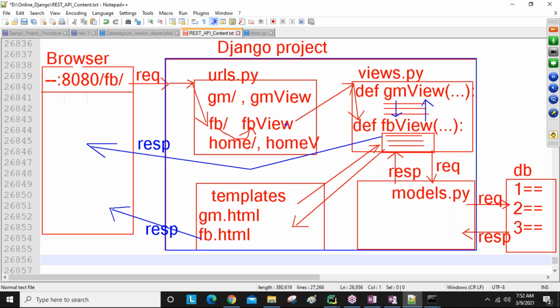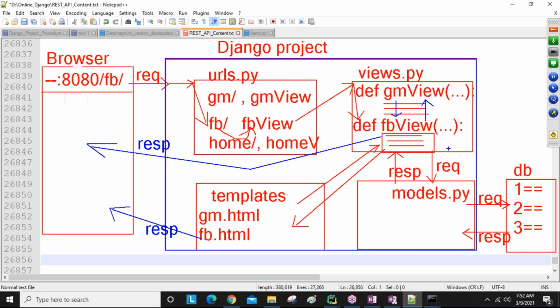All views we write inside views.py. So our cursor jumps to the views file. From top to bottom, it checks whether a view with the requested name is there or not. If not matching, it returns an exception. If matching any view, then that view's logic is executed.